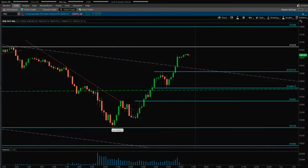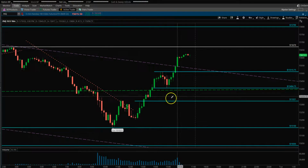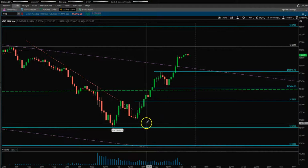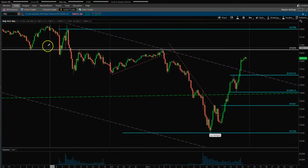Again, you can see, sorry, let me get that out. So this is A, right? B, C. A is the lower point, B is higher, C is a higher low, and then this is your buy trigger right there when it crosses the level B. Because the market is strong, that means it's not wanting to go below its morning low. So that is a good sign. Now let's see if it can get above 15,670 overnight, because that will imply a gap up open if it can do that and hold till the morning. But again,